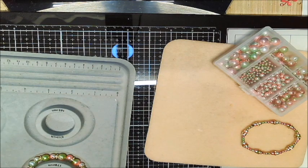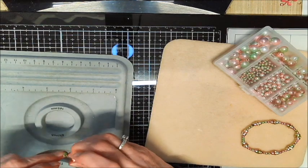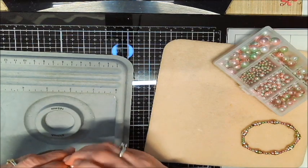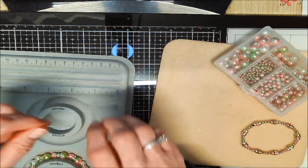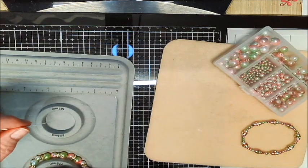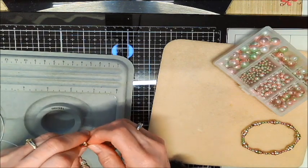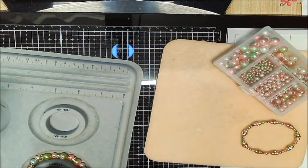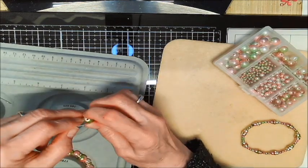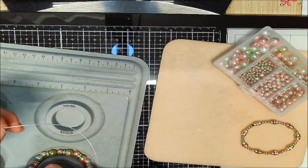So I'm going to put the big bead on first, then the smaller bead. Sorry, I was out of camera. Big bead, smaller bead, and then the spacer. It's been so long since I've done some real recording. Big bead, smaller bead,